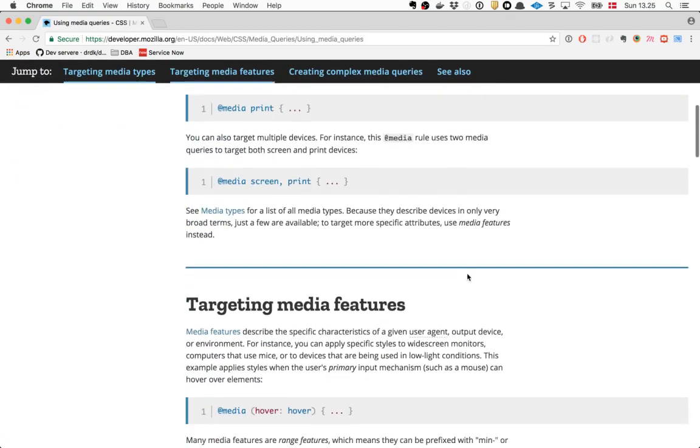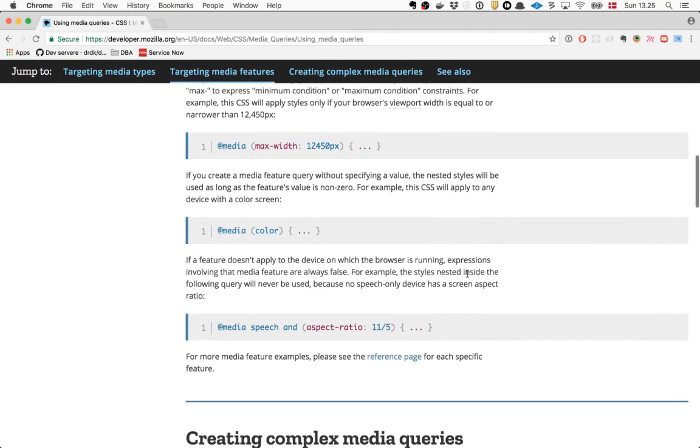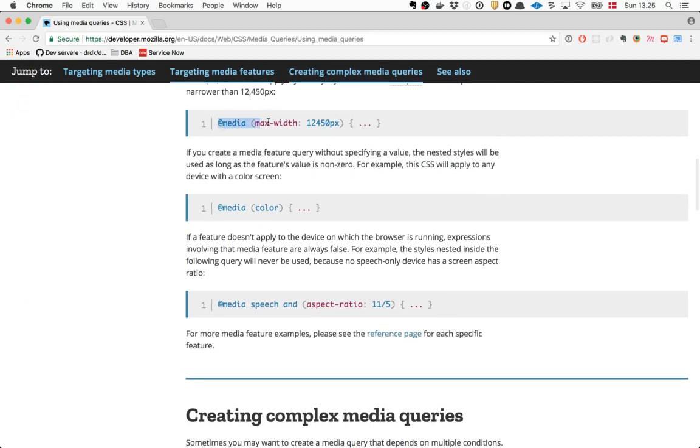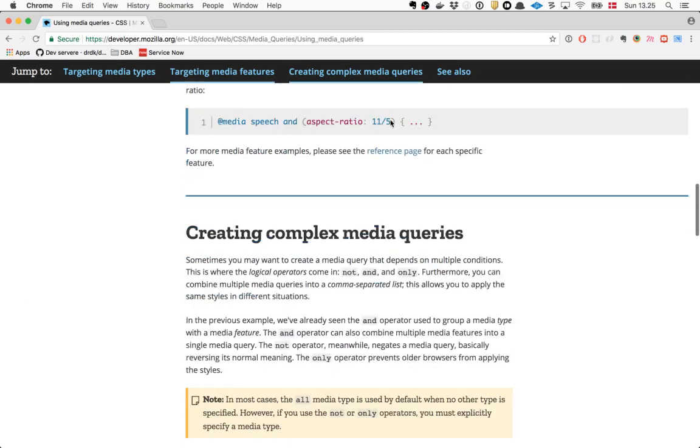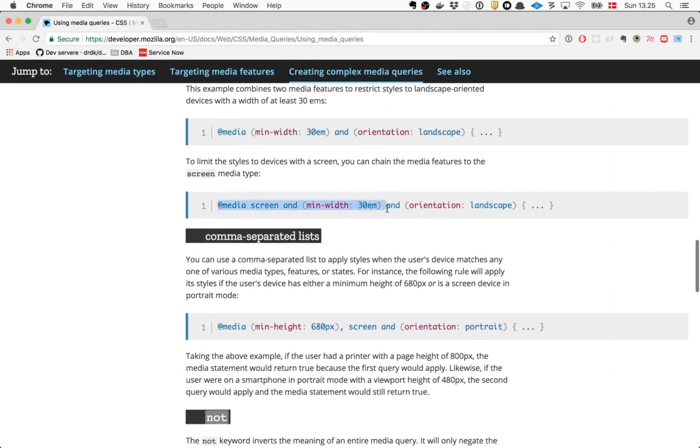I'll just show you the basic syntax of a media query. So something like this, or typically I use this one. So you see, you start out with the keyword media, and then you have one condition saying that this is only for screen. You can also do layout specifically for printing.